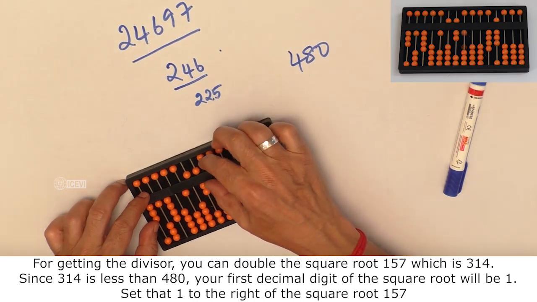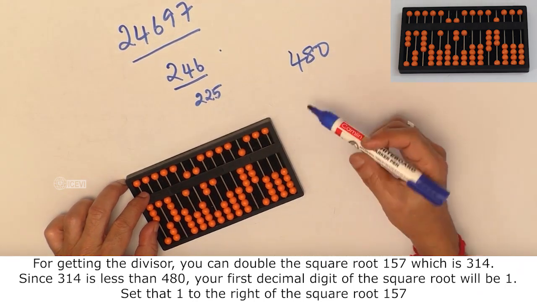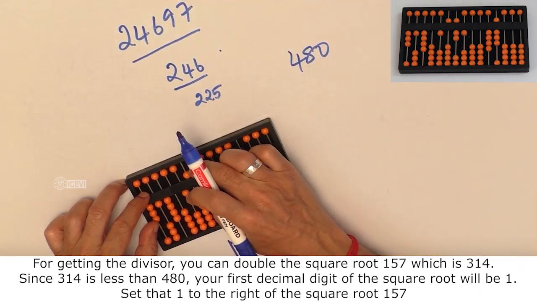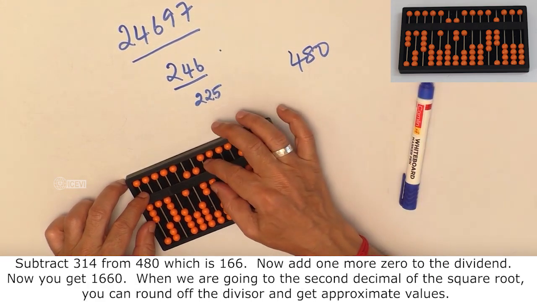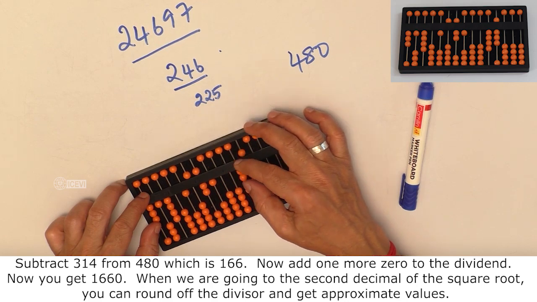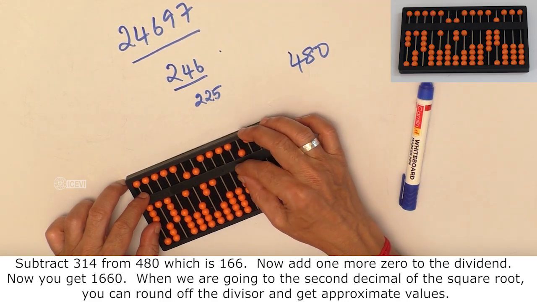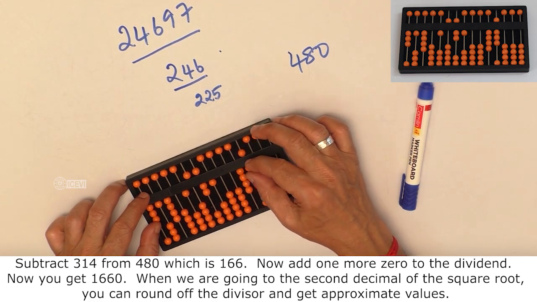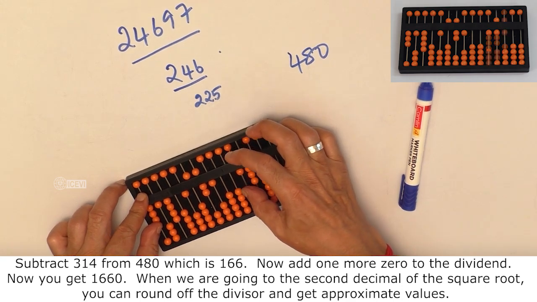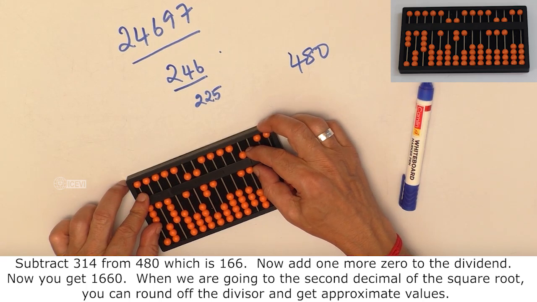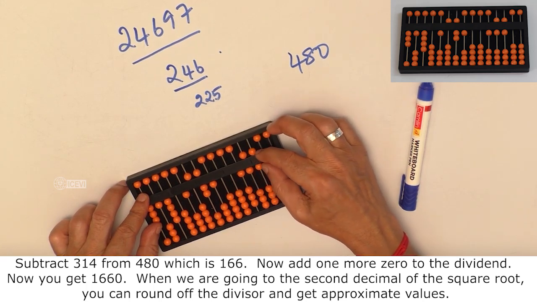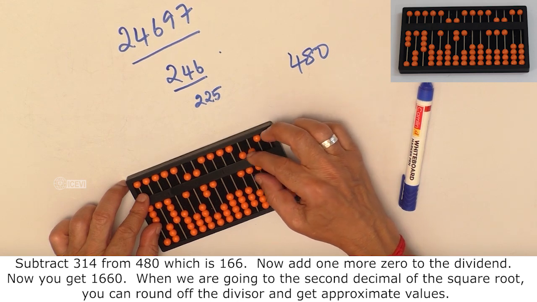Set that 1 to the right of the square root 157 and subtract 314 from 480, which is 166. Now add one more 0 to the dividend. Now you get